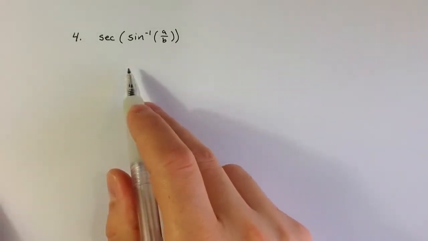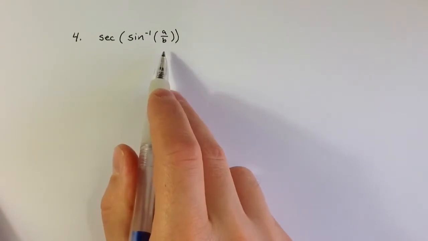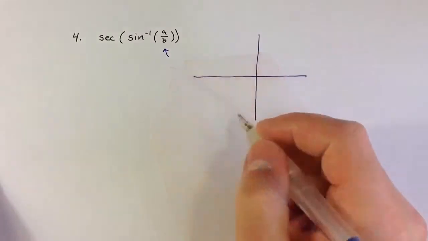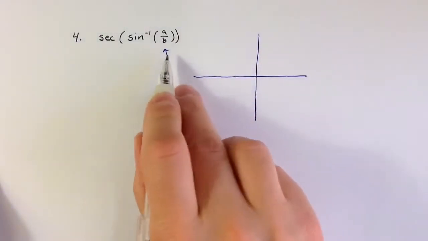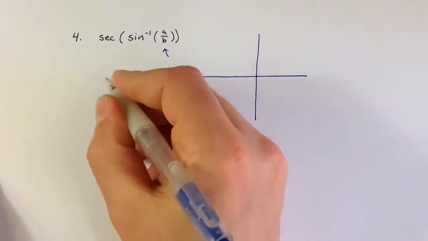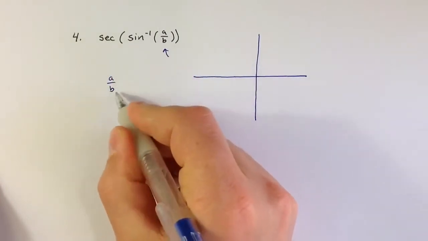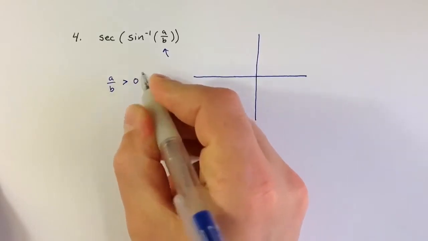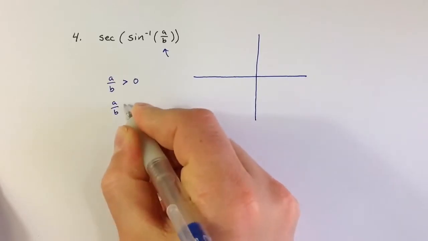Number 4 is interesting. We're given secant of sine inverse of a over b, and so this ratio has no numbers. But that's okay, we can still build a reference triangle using the ratio, using a and b for side lengths. One issue, however, that comes up, because we don't know exactly what the values of a and b are, there could be a difference if